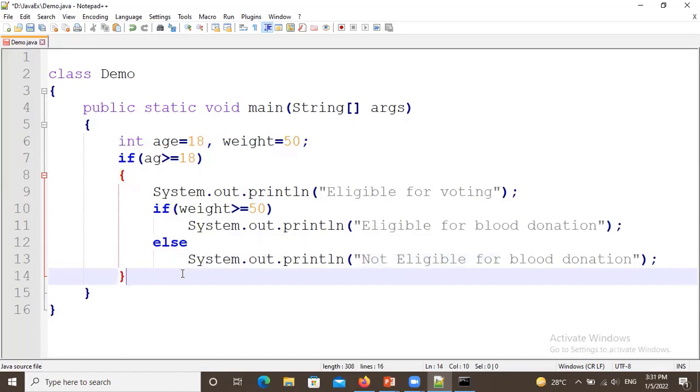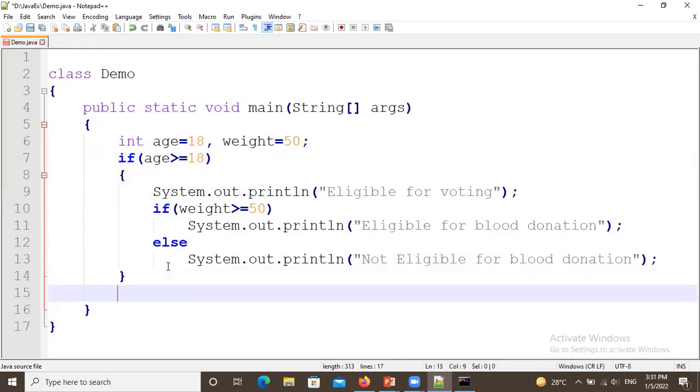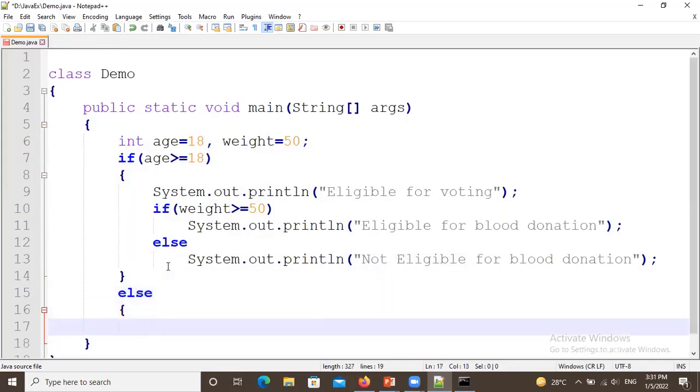But what if your age is not greater than 18? If you are less than 18, then obviously you are not eligible for voting as well as blood donation.